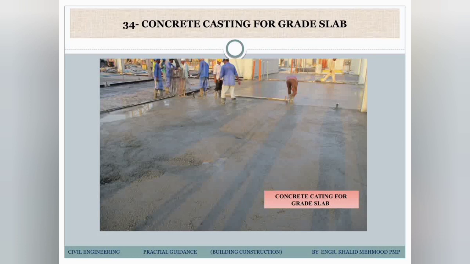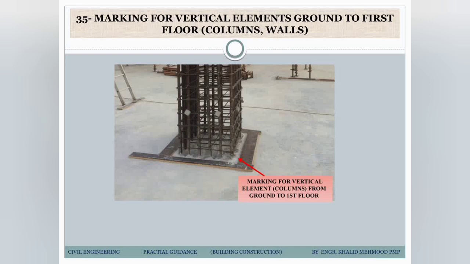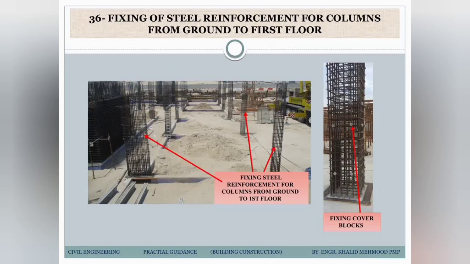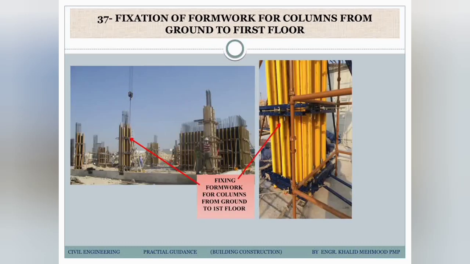So now our substructure, this is typically called a substructure, which involves our foundations and columns and neck columns and the grids and the tie beams, all have gone underground. Now we reach the ground floor and everything is gone under the grade. So now we are ready to start our vertical elements, which are the columns from ground floor to the first floor. Before, we did the excavation and the backfilling and the foundations and our previous activities, these were the substructure. Now we are on the superstructure. Above the ground is superstructure, and below the ground was substructure.